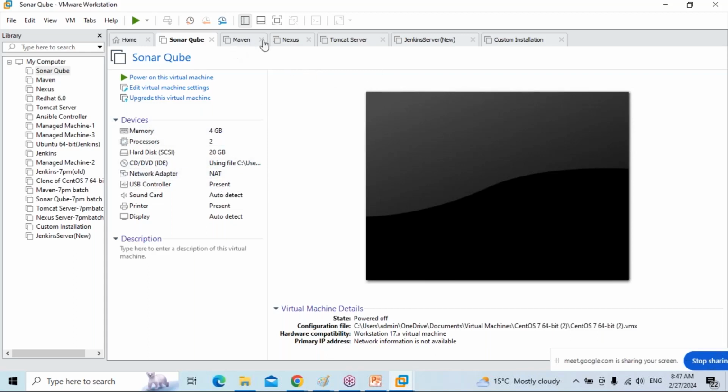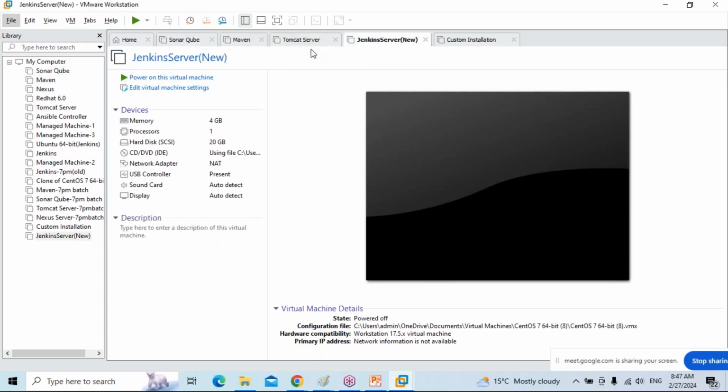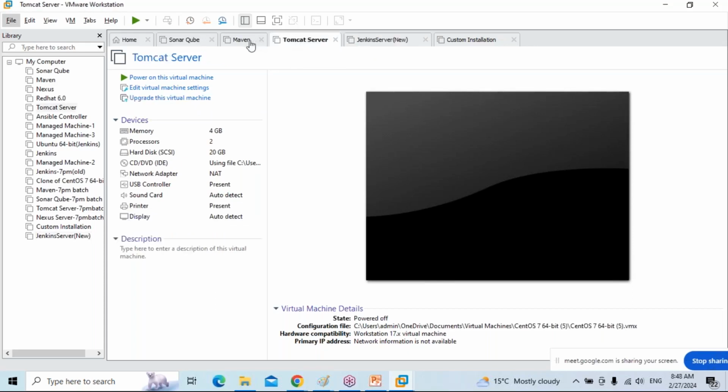So simultaneously we can run multiple operating systems on the same laptop, on a single machine. And there is no wastage of your hardware resources. And all these VMs are isolated. All the VMs are isolated. Means what? When I'm working on this VM, I don't know what is installed in the other VM. That's why I named them here Maven, Tomcat, Jenkins. Otherwise, I don't know what applications are deployed here. I don't know what database is running here. That is called isolated.